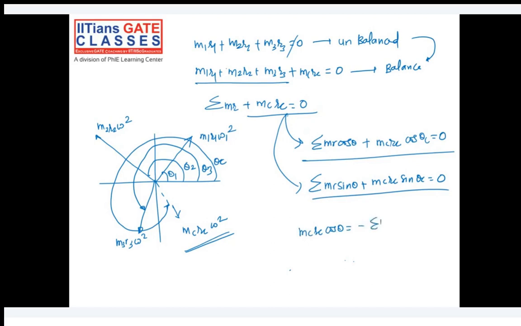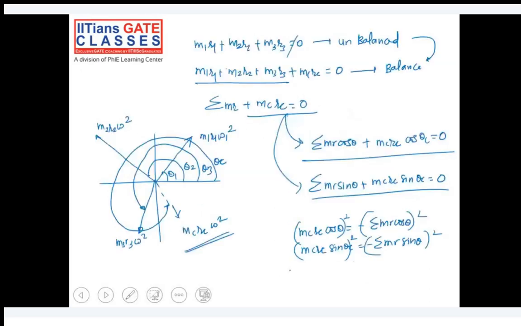From the second relation I can write mcrc sine of theta c is equal to minus summation mr sine of theta. Okay, so ultimately if you just square these terms first and add them, sin square theta plus cos square theta will become 1, and ultimately you will get mcrc will be equal to